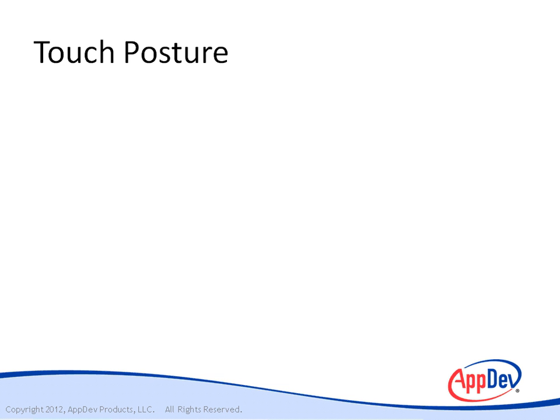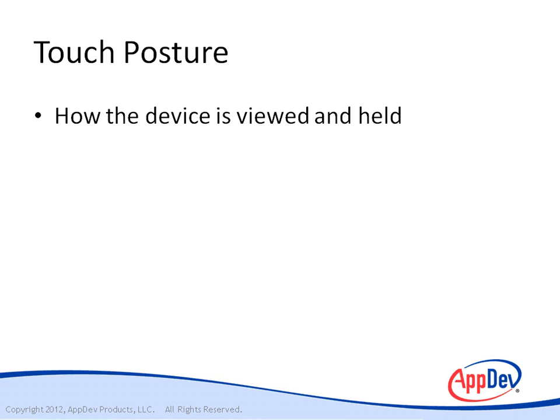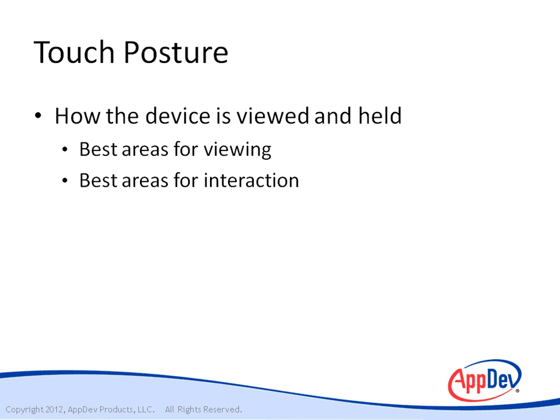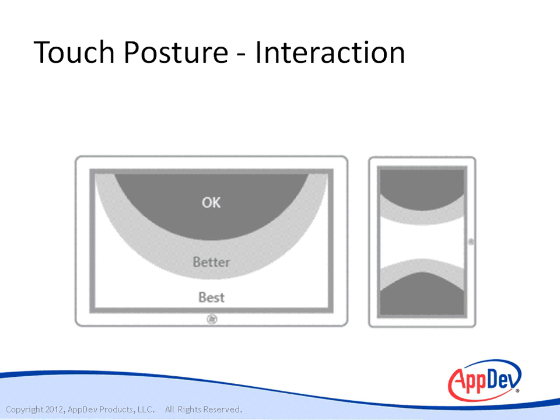Now, another thing that's important to consider is touch posture. What that means is how the device is viewed or held. The best areas for viewing, the best areas for interaction. Let's go ahead and talk about those specific ways of understanding touch posture so we can design our applications around that. So when looking at touch posture, for example, the best areas for interaction are going to be where